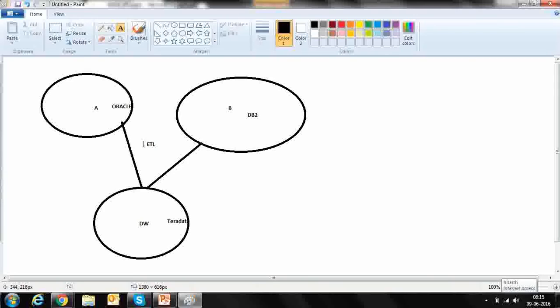Now did you understand what a data warehouse is and how it is built up, correct? Now let's come to the point of why we need BI, that means business intelligence. So according to you, what is the definition of it? Do you know the definition? What is business intelligence? No? Okay, no problem.